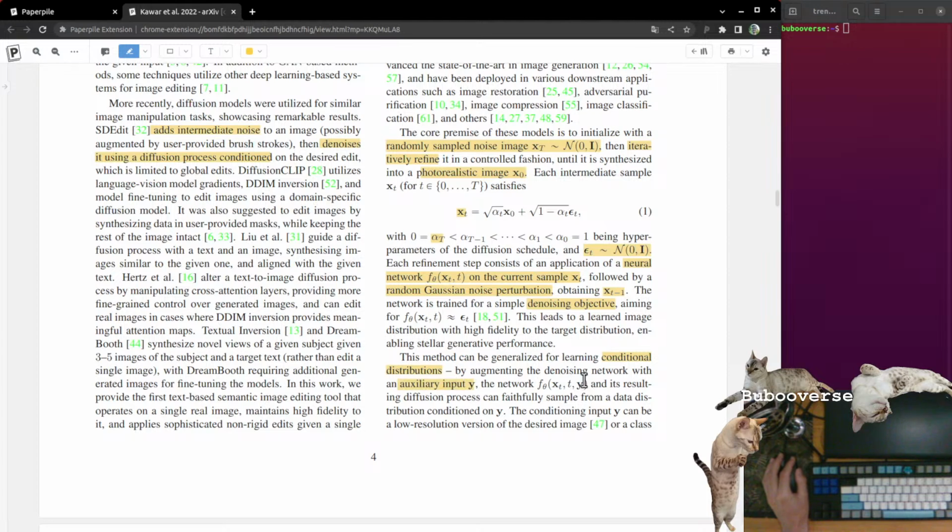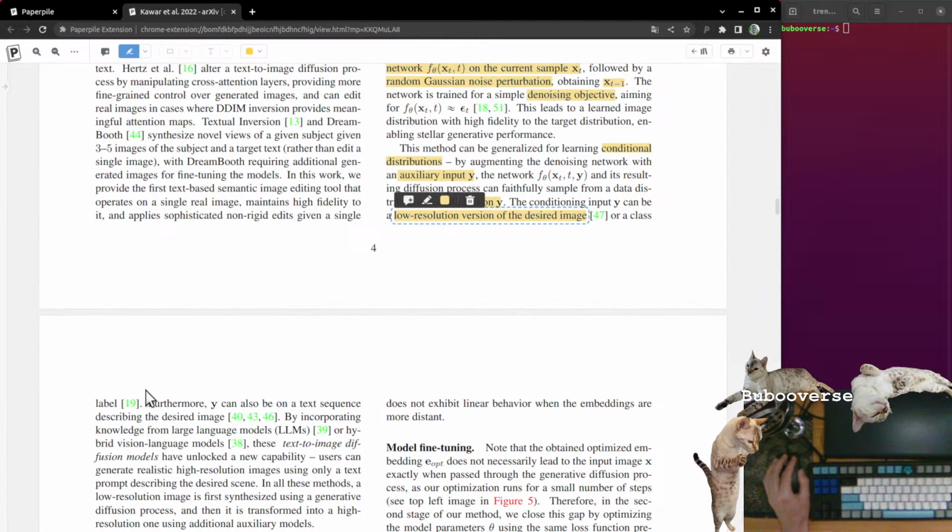So now you condition this neural network on the input y as well. The y input can be basically anything at this point. It can be a low resolution version of the desired image, or a class label, but more importantly, it can be a text sequence,